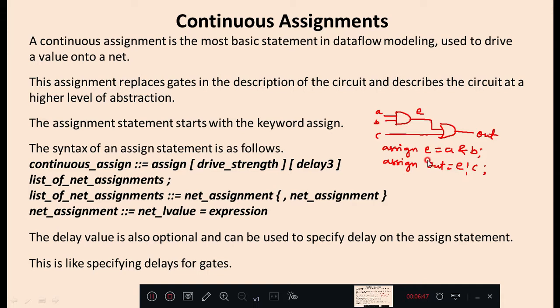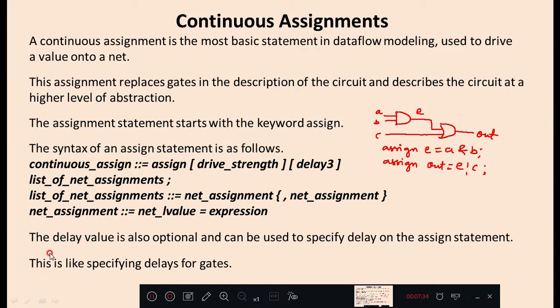So first the AND gate is replaced by assign, the keyword is a must. We are writing this assignment statement directly in the module. E is equal to A and B. So it implements a 2 input AND gate. One more statement, assign out is equal to E or C. This final out is nothing but E ORed with C. Now your tool is responsible for generating a 2 input AND gate and a 2 input OR gate. It is left to the tool to analyze the code and convert the Verilog description into a hardware netlist, a gate level circuit.